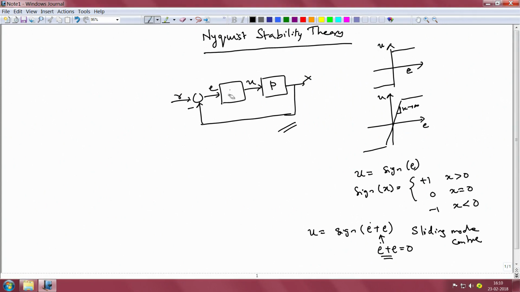That is also true in case of linear control, with the exception that the input output relationship for a linear control system would be a linear system itself. So if I have a controller C, and C represents a linear system, I can obtain its transfer function C of S, and the relationship between E and U is therefore given by U is equal to C of S times E of S. And if my plant is also linear, then we would be dealing with linear control systems.